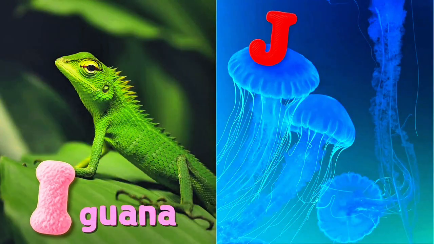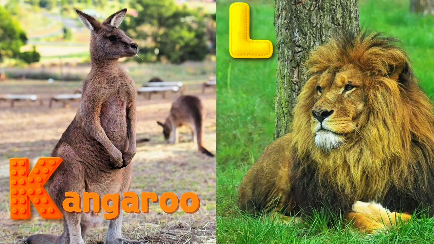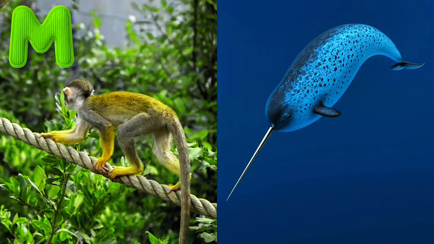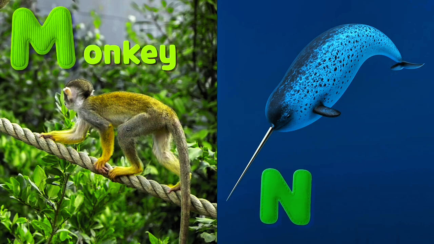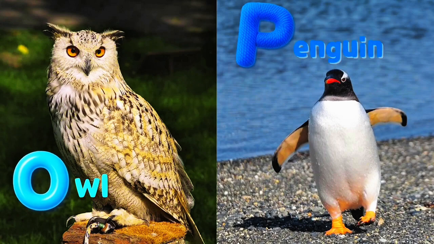I is for iguana, J is for jellyfish, K is for kangaroo, L is for lion, M is for monkey, N is for narwhal, O is for owl, P is for penguin,